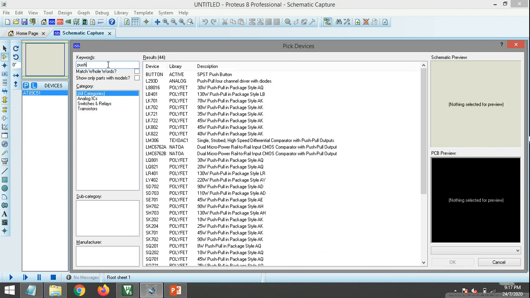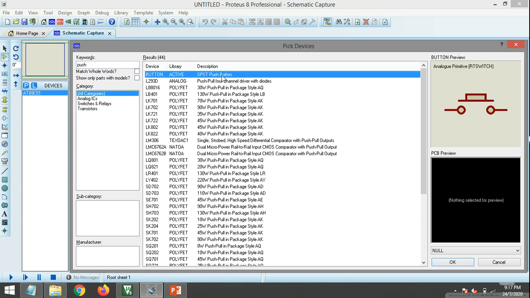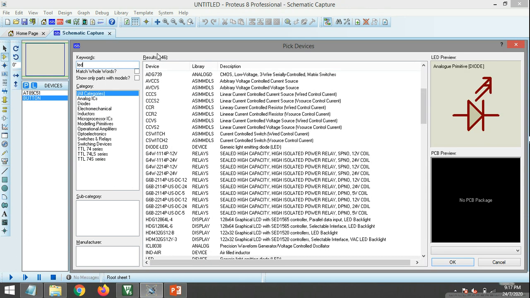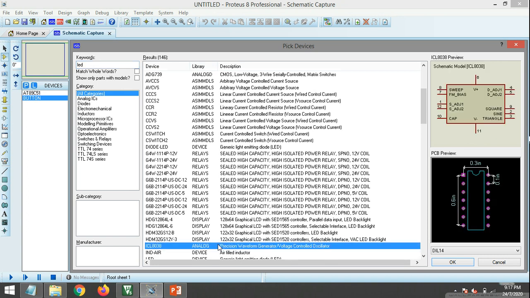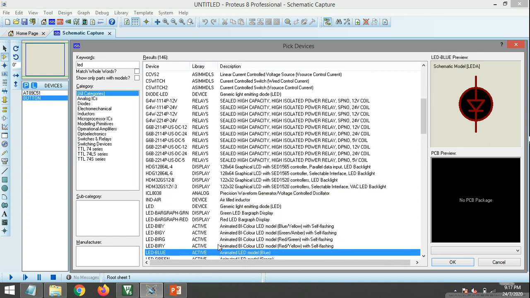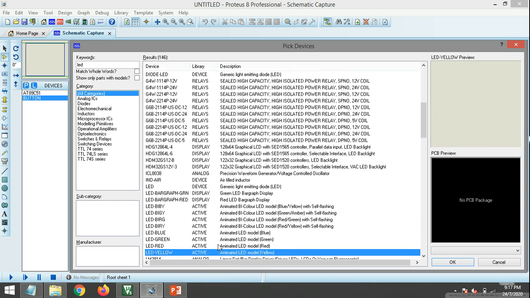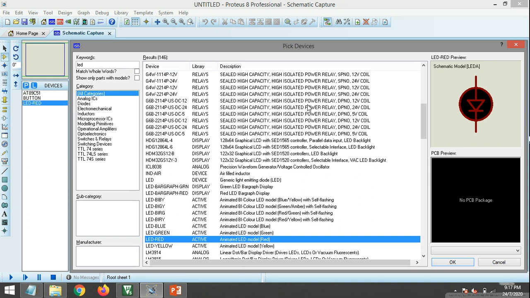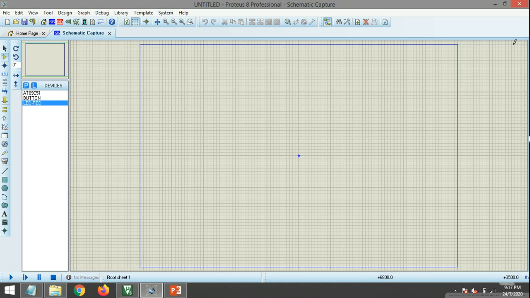Maybe we'll take that. Yes, this is a push button, or we can take the switch, and we'll take an LED. So the LEDs are here. I think we'll go with the red LED. Okay, I think that's it.